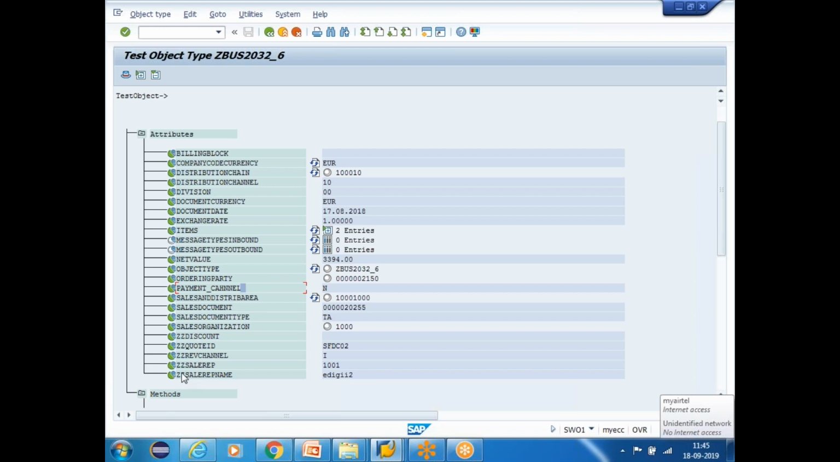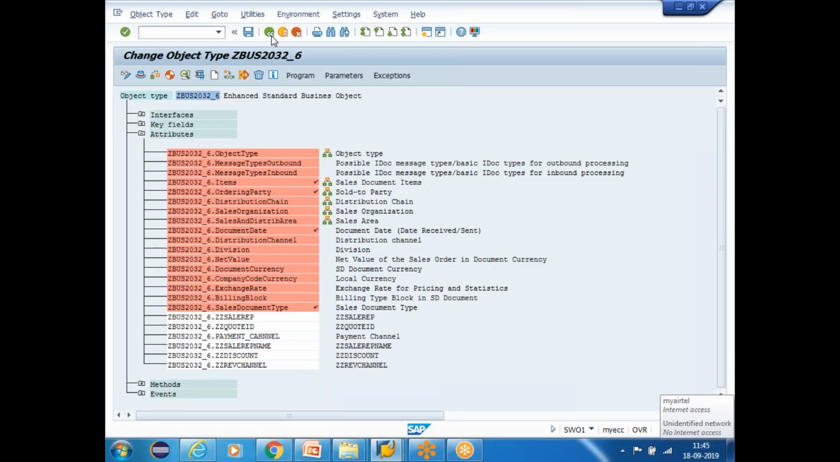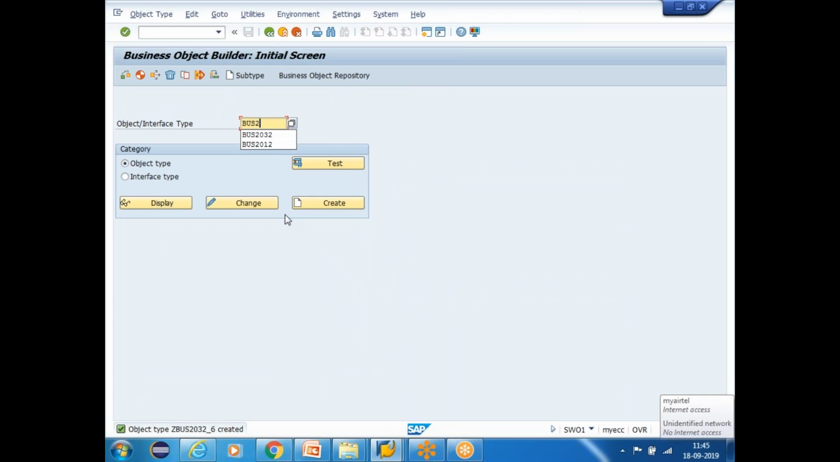Where is the revenue? Yeah, there is a revenue channel as well. It's internet banking, that is the revenue channel. So I have included my custom fields into the standard business object, guys. Maybe so. See, guys, I will go to another BUS2032, and